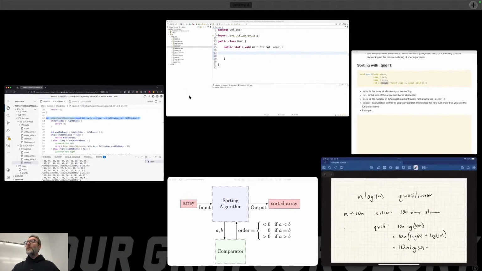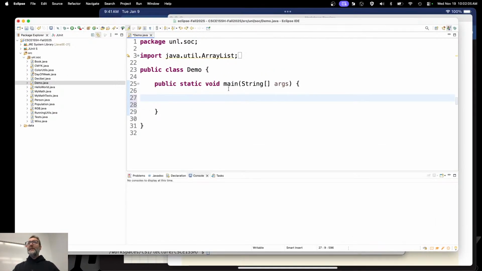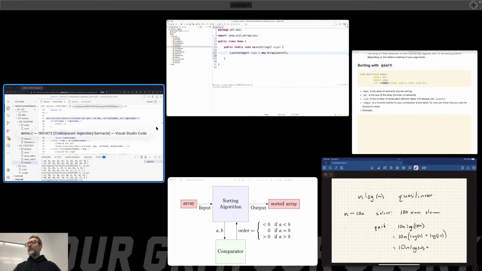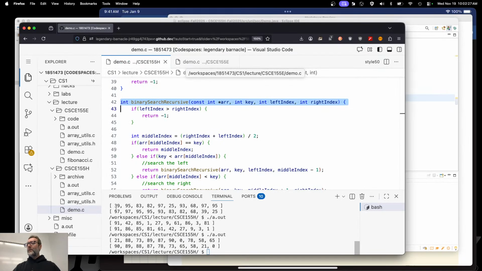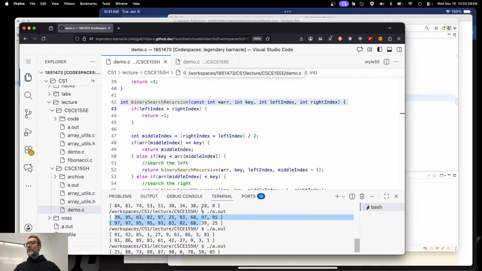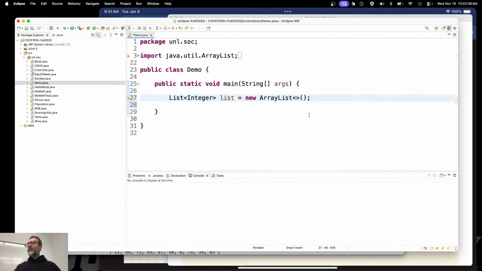But over here in Java, remember that in Java, everything is a class or belongs to a class. So instead of creating a function, I have to create a class and then put the function inside of it. Right? I don't have any setup over here, but let's go ahead and go with integer. All right, foo, or list, is equal to new array list. And, well, I don't know, let's grab this stuff right here. That's lots of high numbers there. I don't know why, but we'll just go ahead and grab it.